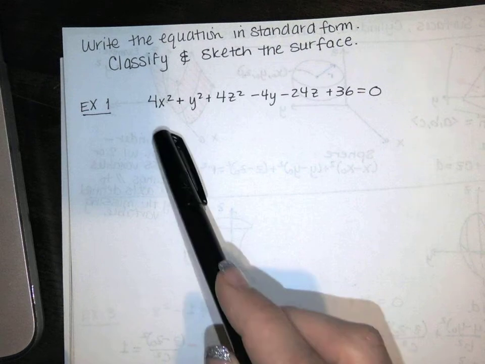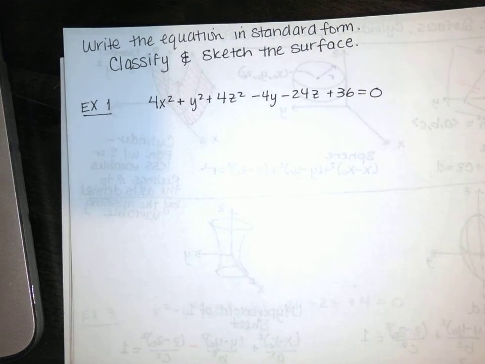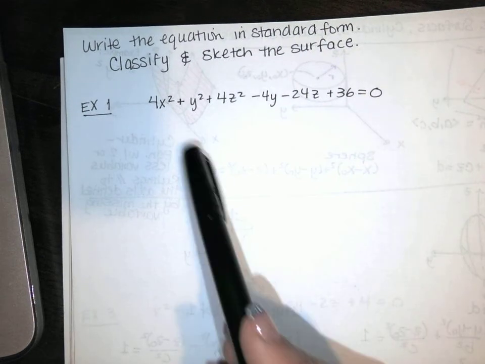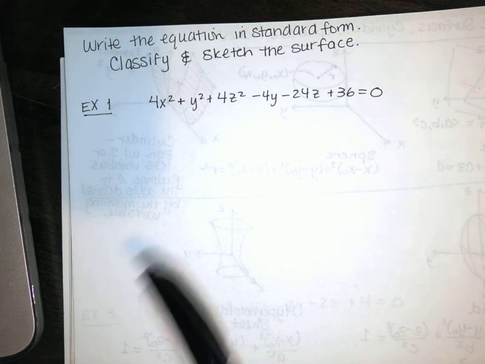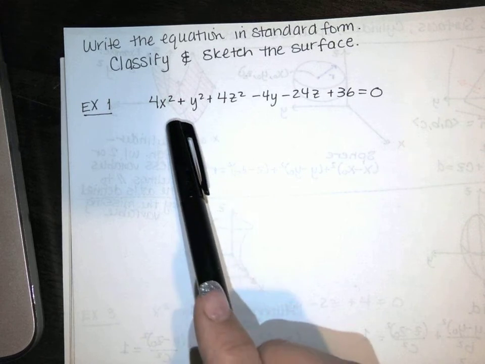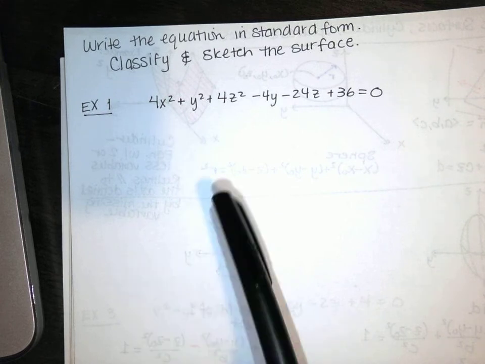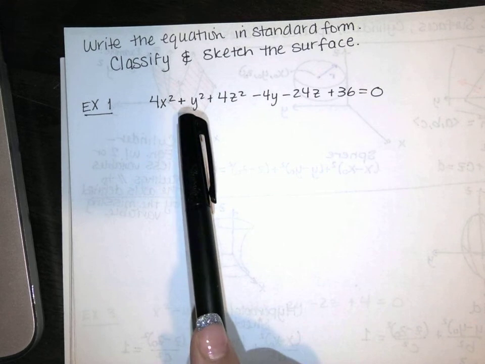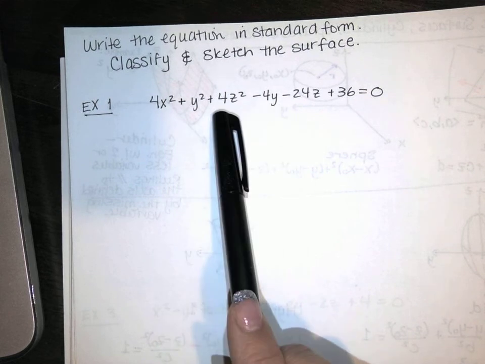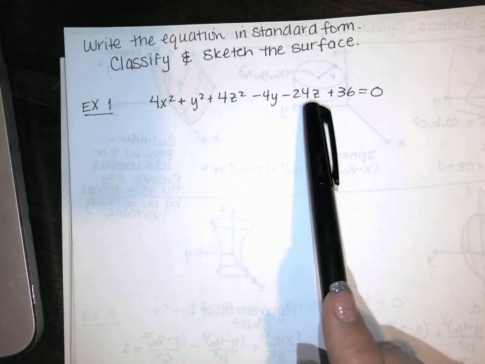Okay, so look at this equation. It may be a quadric surface. Notice that the x, the y, and the z are all squared. The first thing we want to do in any of these problems is identify which variables are squared, and then if there's more than one term that involves that variable, like the y squared and the 4y, or the 4z squared and the negative 24z,